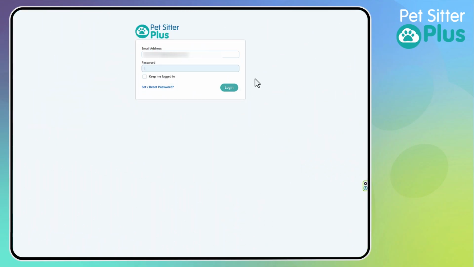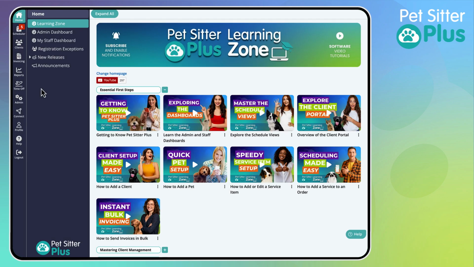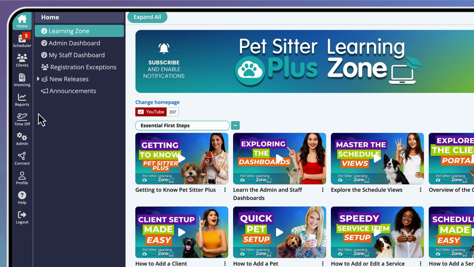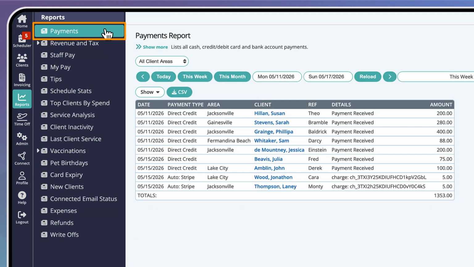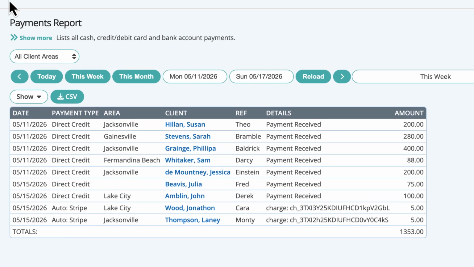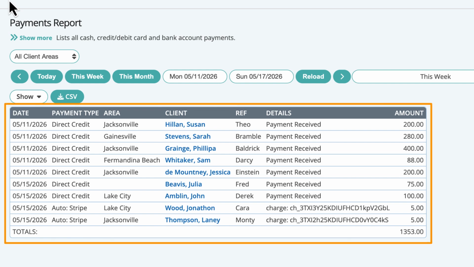To begin, log in to your Pet Sitter Plus dashboard. To access the report, start from your dashboard. Click on Reports, then select Payments Report. The Payments Report provides a detailed breakdown of payments received from clients, helping you monitor income and reconcile transactions with